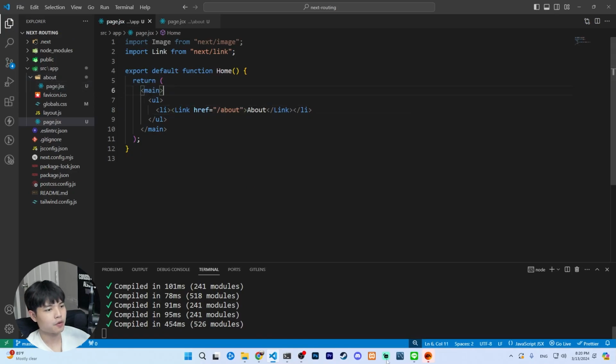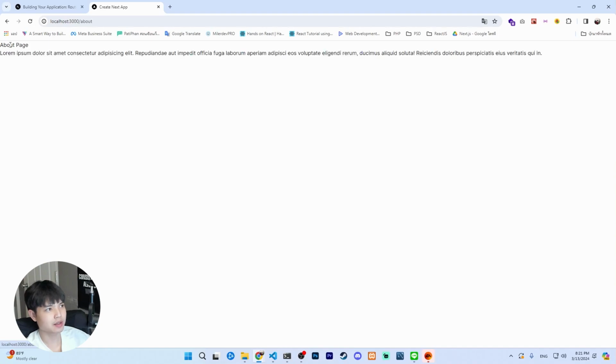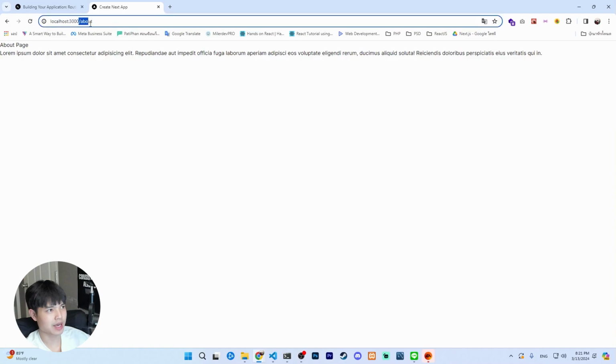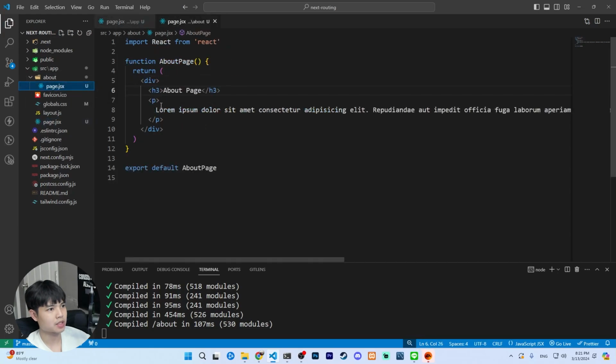Okay, and if you go back to Chrome, as you guys can see here, we have one link, about. So if you click on this link, as you guys can see, we're gonna go to this about page and /about. Okay, and if you want to go back, so let's go to about page or this about component